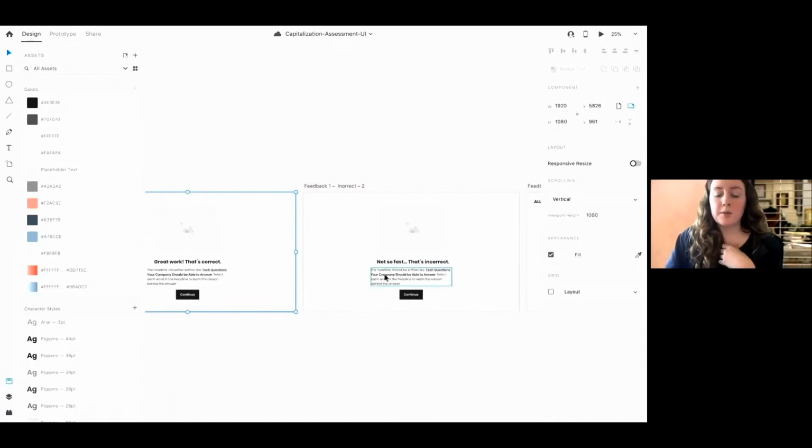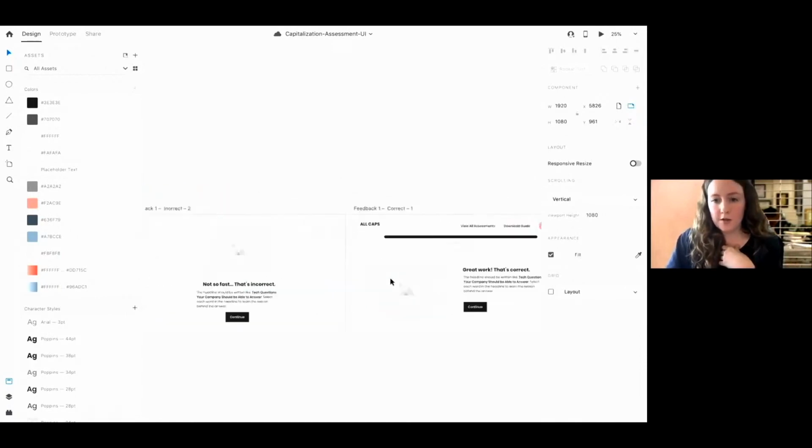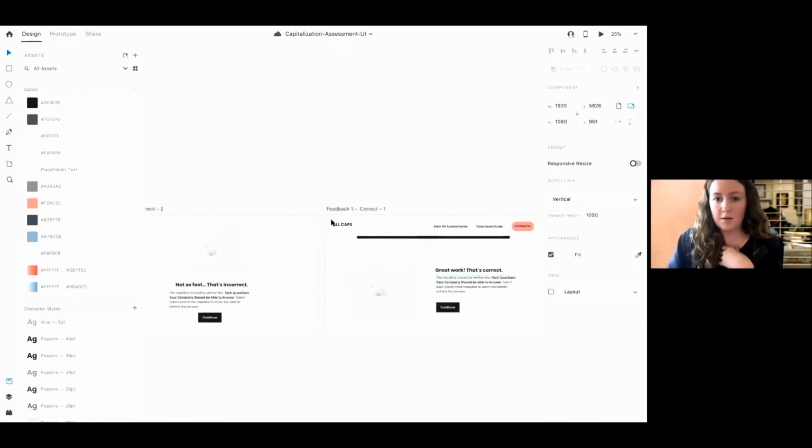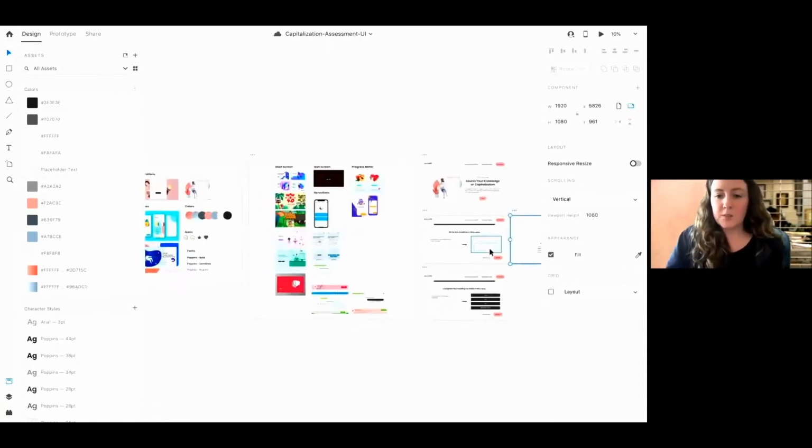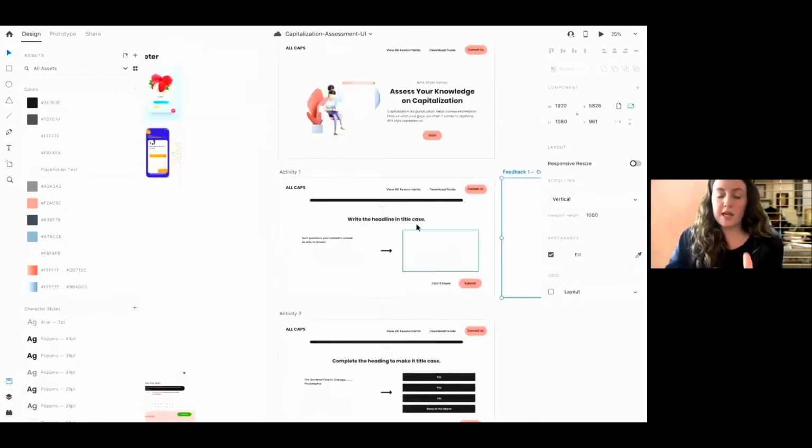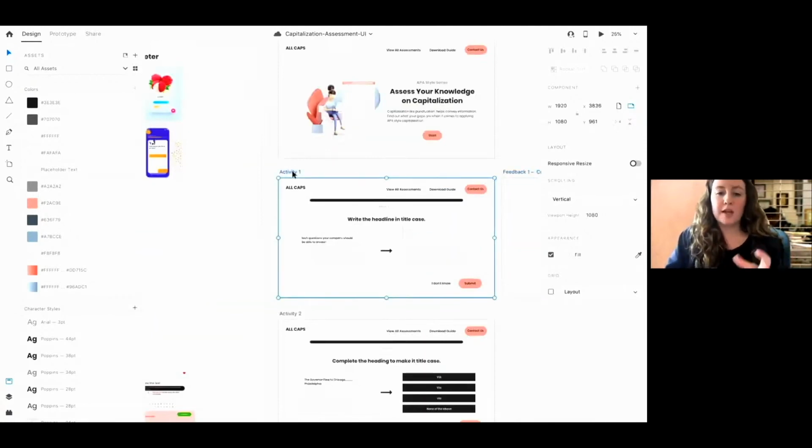Did this help them focus on the feedback more than this one that has more busyness around it? You may not use the same layout for every single thing. You may want to test 2 different layouts and see which one works better,